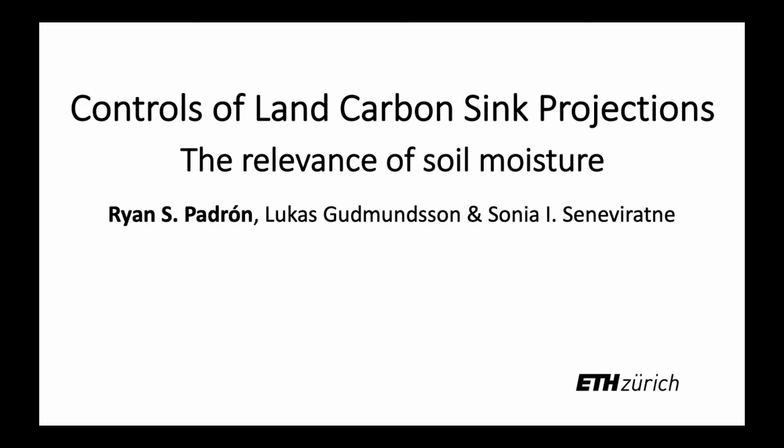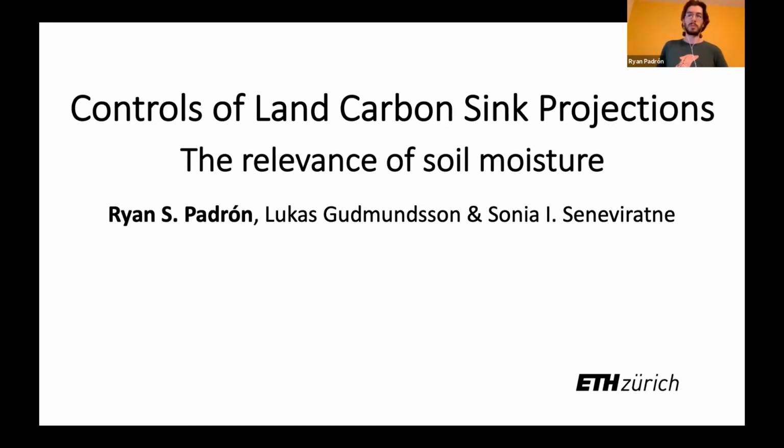Okay, good. So I'll change topics a little bit now with my presentation. As Peter just said, now I'll be talking about controls of the land carbon sink projections, and mainly I'll be focusing on the relevance of soil moisture. So not really an emergent constraint as we've been talking about, but more trying to understand differences in MVP projections